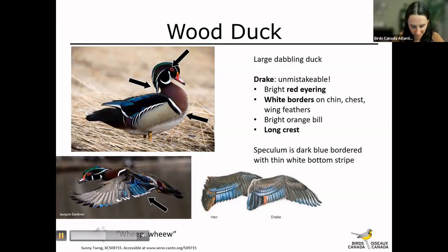It's a very kind of squeaky, like weep, weep noise. So that's what a wood duck sounds like, and that would be a male's display sound, as I was saying